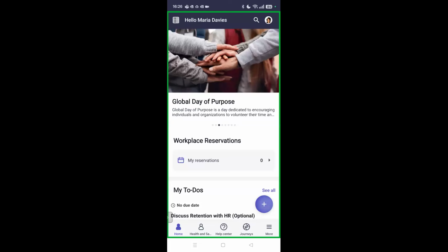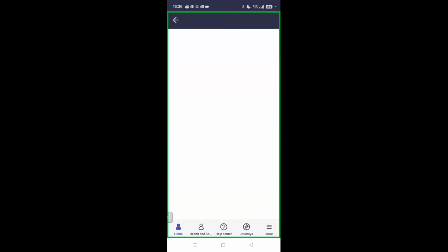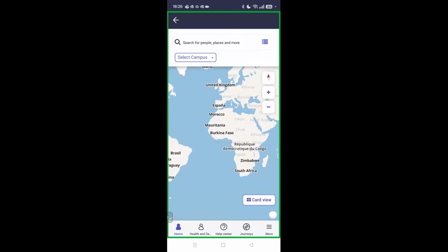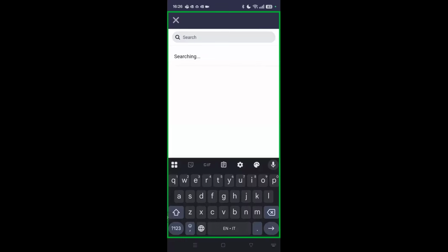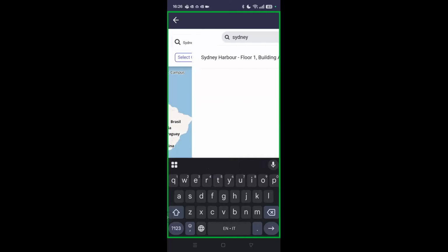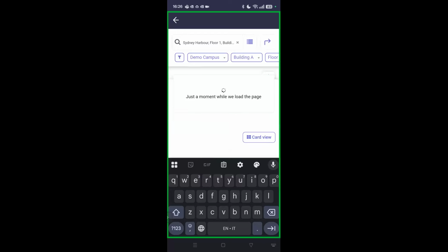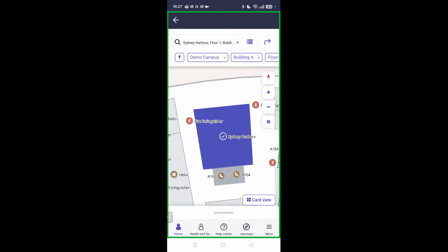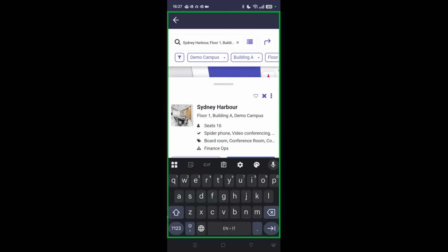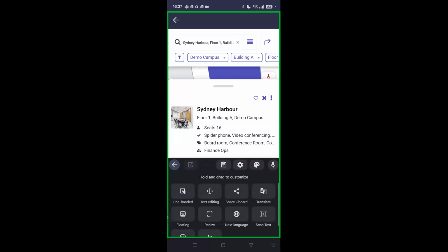So one thing that you can do is just use the location directory capability that we have in the mobile. Say they just informed me that they need me to go to the Sydney Harbour meeting room. So this is the place where I need to go. And what I need to do here is just to, sorry,